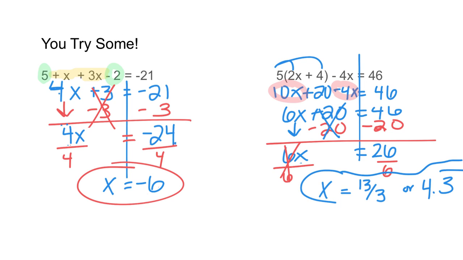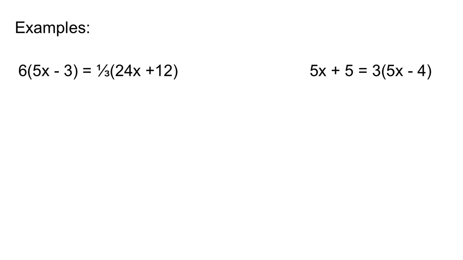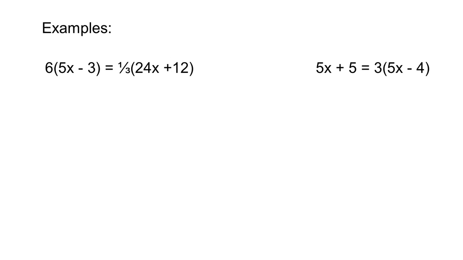All right, so we're going to move on into some now that have variables on both sides. So here we've got equations that have variables on both sides. The steps are really still the same. A lot of people actually like this a little bit better. But these are going to be the ones that could potentially have no solution or an infinite number of solutions. So we're going to have to add ourselves a moment to check for that as we work through these. But we still have to start by simplifying, so we're going to start out with drawing our line and